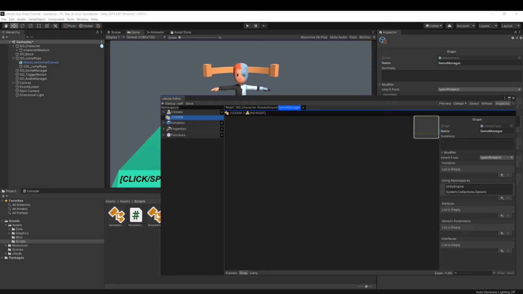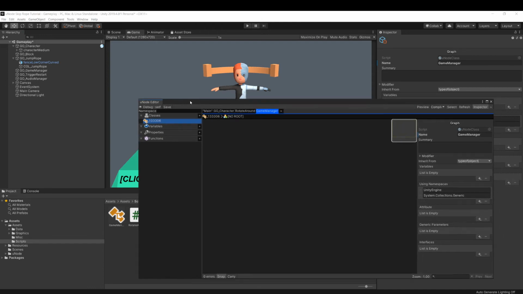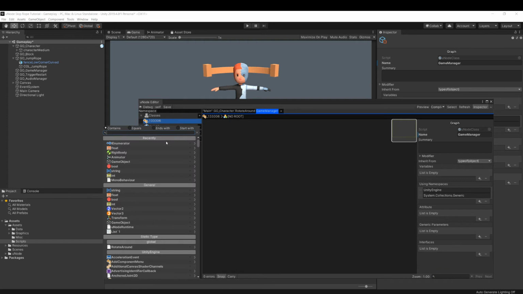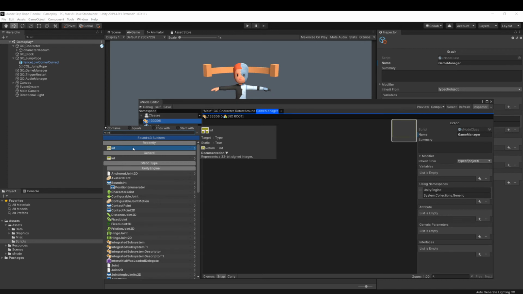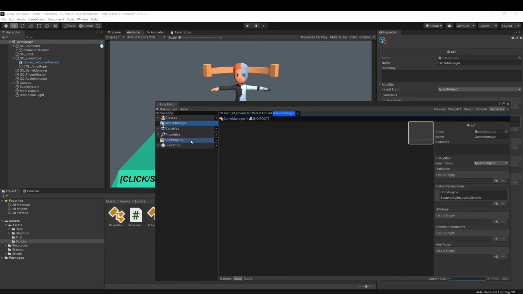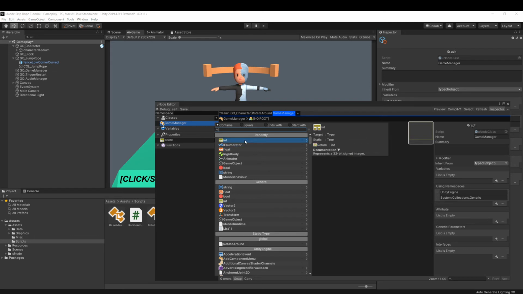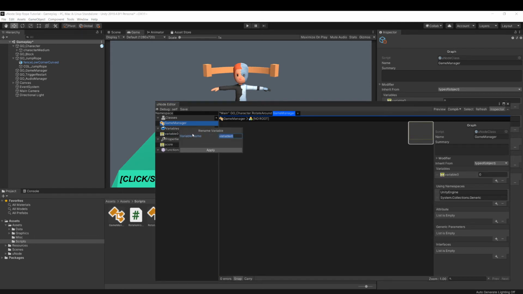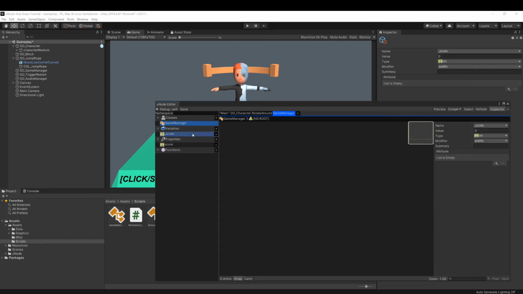And in the game manager here, we'll be using properties. So for properties, we are going to be using an int, which will be our score. Now, something with properties is we need to have a property name, in this case score, and a separate variable that will be score with an underscore at the start of that. That is private, because